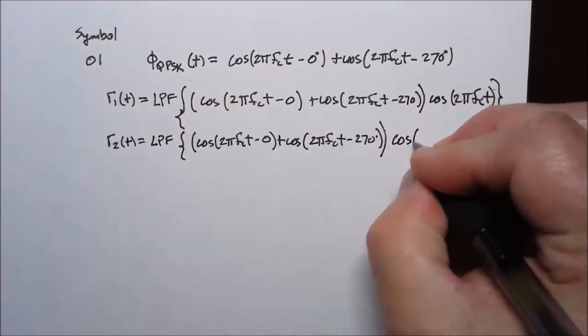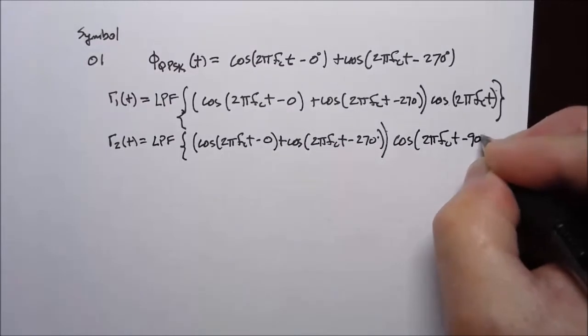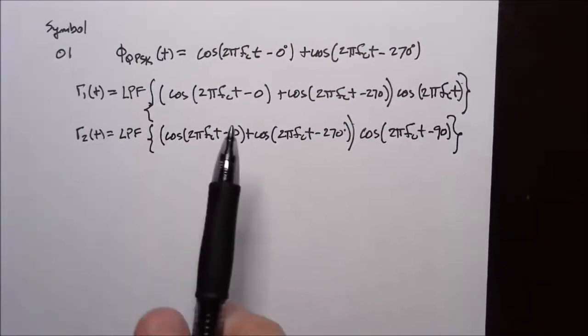That's multiplied by cosine 2 pi FCT minus 90 degrees. And we take the low pass filter, and again